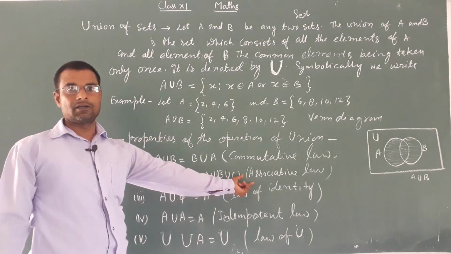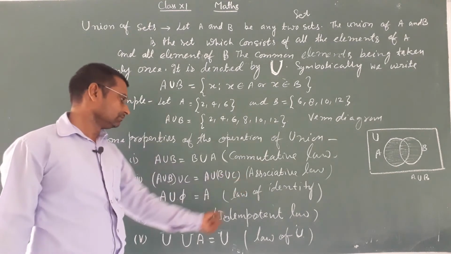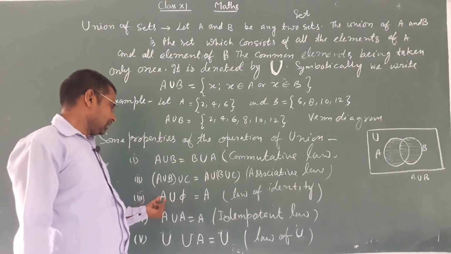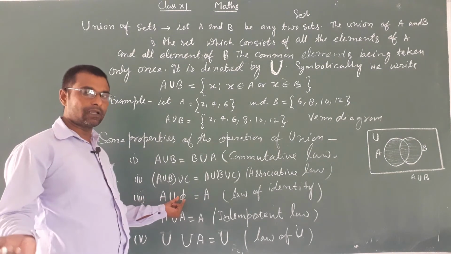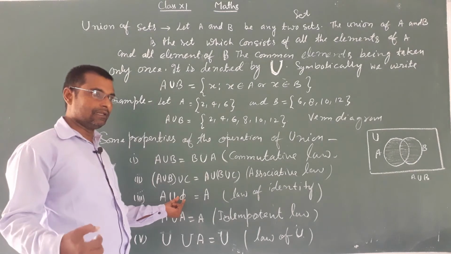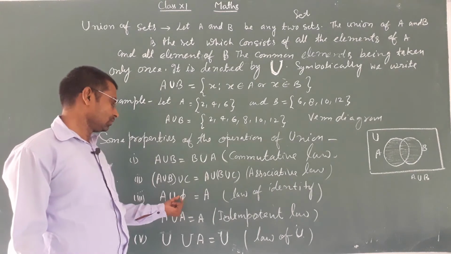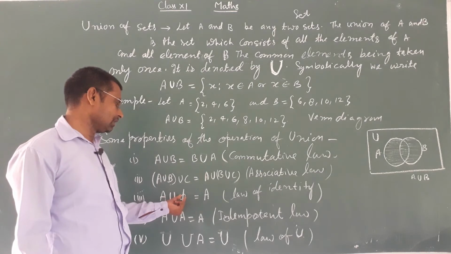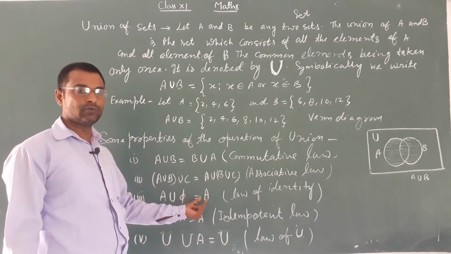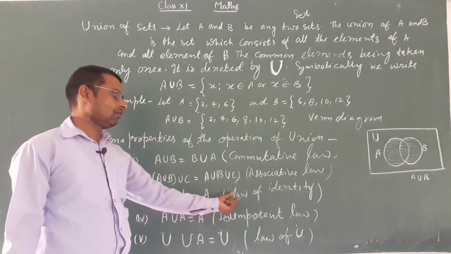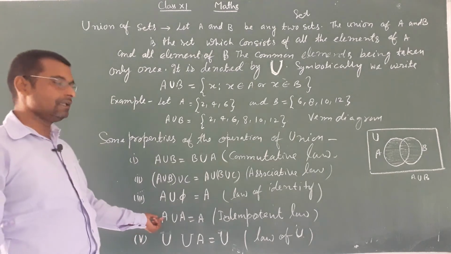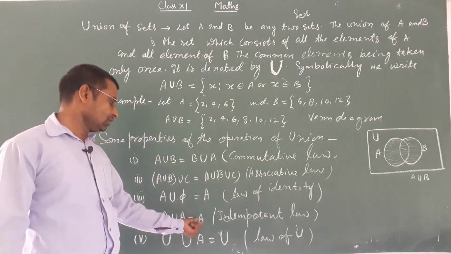So it is called the associative law. And A union phi, phi meaning no element in the set, so A union phi is equal to set A, the law of identity. And A union A is equal to A,